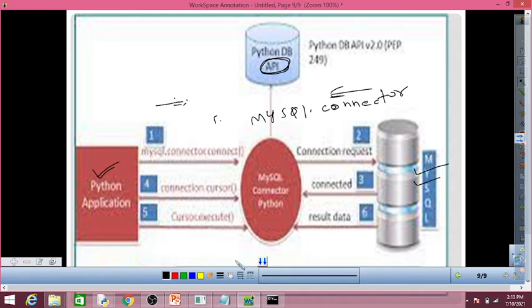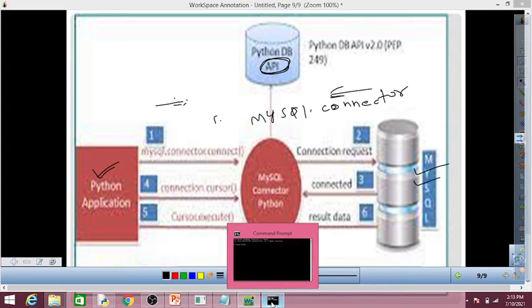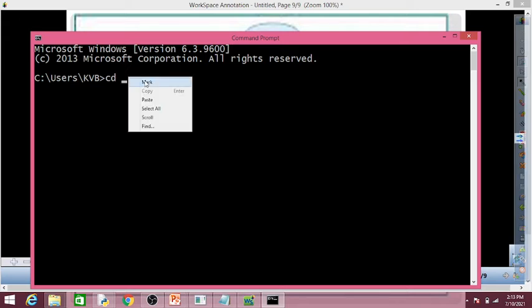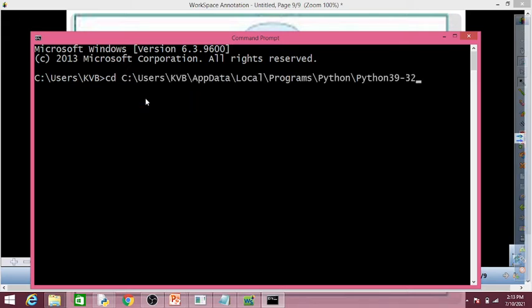Then go to the CMD, the command prompt, change the path of your current directory, and copy the actual path where Python is installed. Here I am copying the path of my Python, and now I will change this directory.